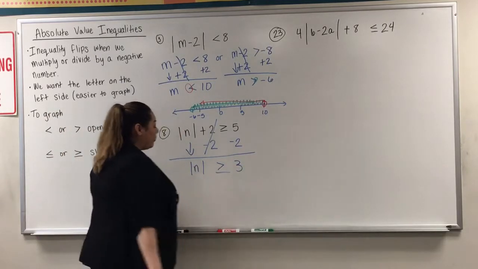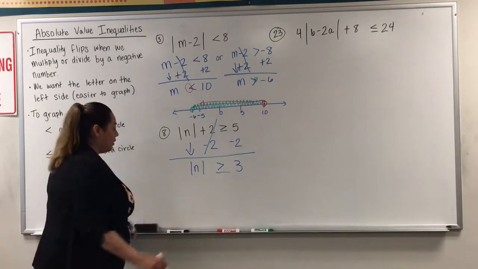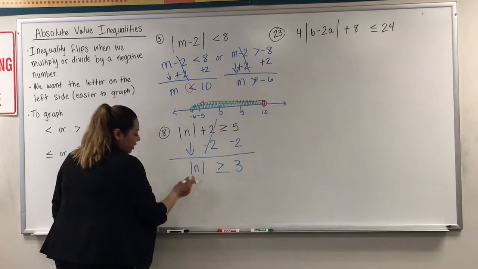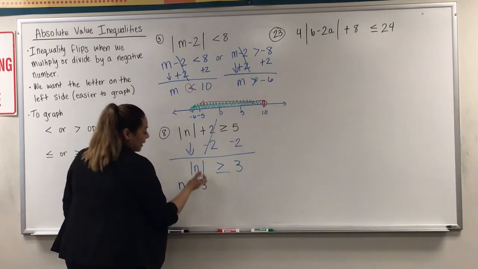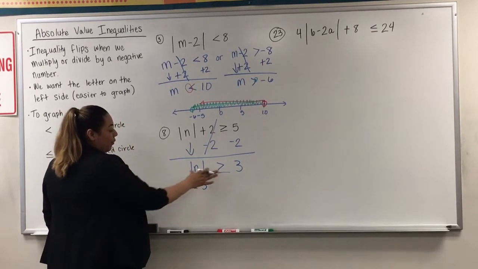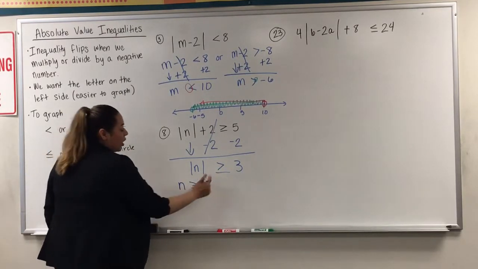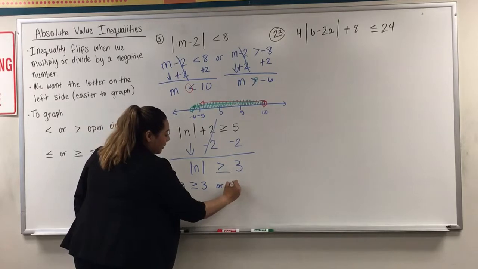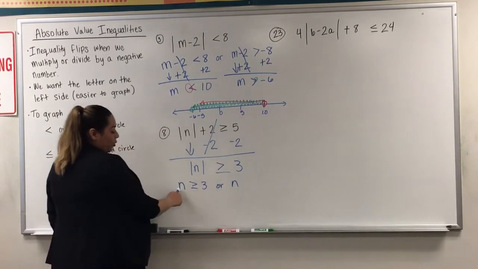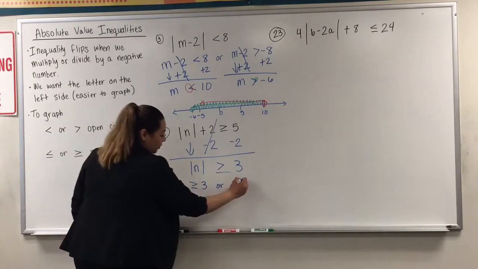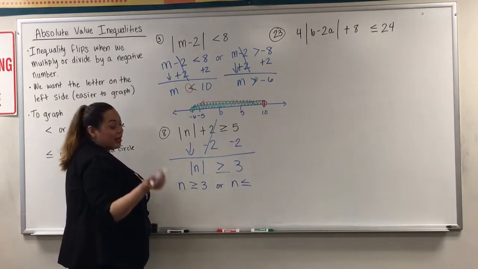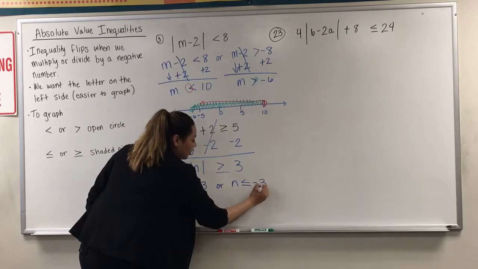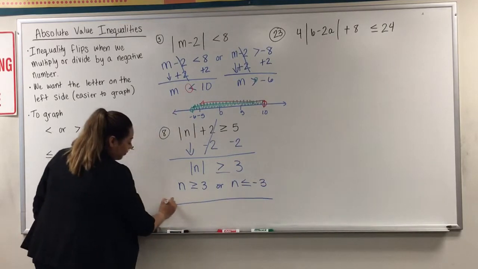Now that we have it, we can take it out of the absolute value. So in this case, we just have the letter. We're not going to have to move anything around, we're just taking it out of the absolute value. When we take it out, we keep the first one as is, and for the second one, we flip the inequality. Now we're going to keep it open towards the 3, but instead of making it a 3, we're going to make it a -3. To graph it,